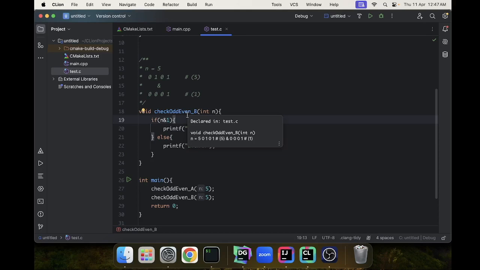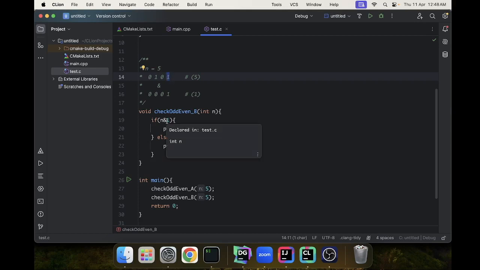So if you convert any number into binary, you can observe this pattern. If it's an odd number, then the rightmost digit will always be 1, and if it's an even number, then the rightmost digit will always be 0. And we are performing AND with 1, and you can say 1 will be like this. The rightmost bit will be 1, rest all other bits will be 0. If you perform AND operation, everything except the rightmost bit will always be 0, and only the rightmost bit will have a different value depending on whether the given number is odd or even.